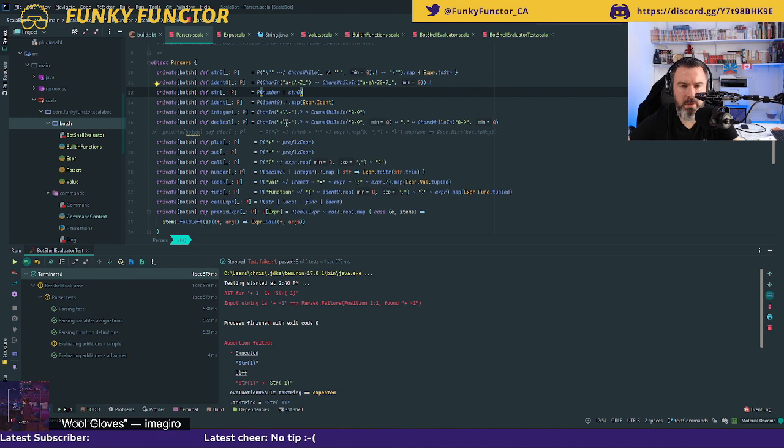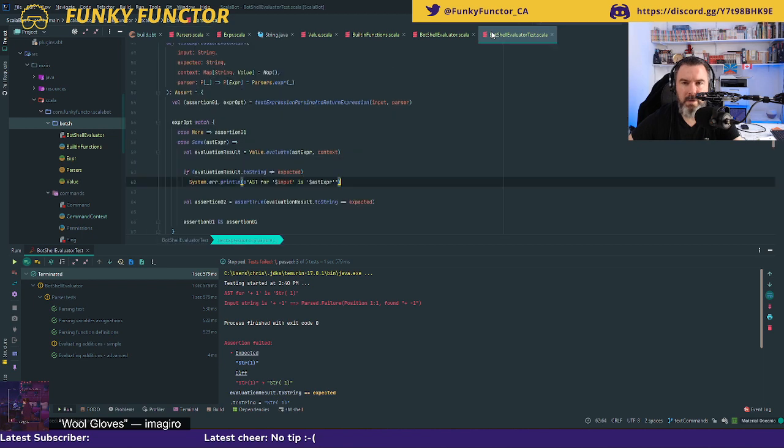Decimal could start with an optional plus or minus, and then I can have characters 0 to 9, and then a dot and then characters 0 to 9 with a minimum of 0. So 1 dot should be equal to 1. Which, by the way, did I test that?